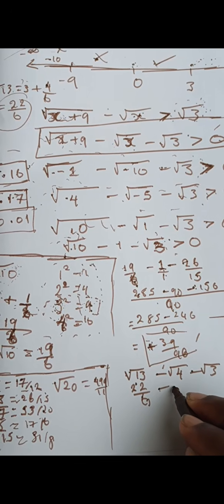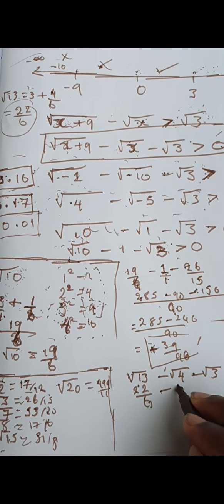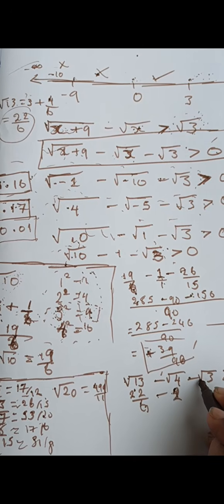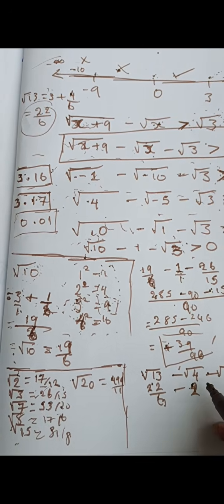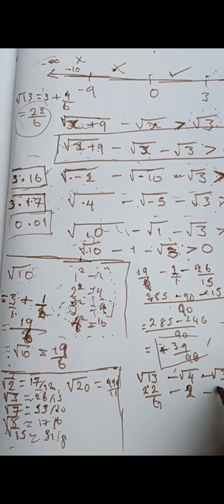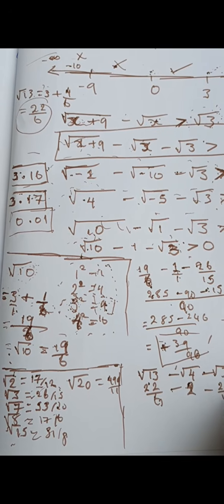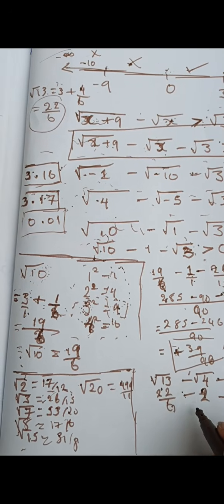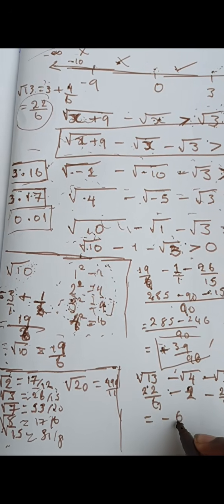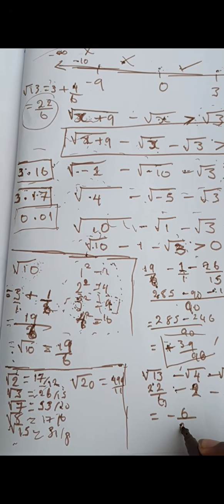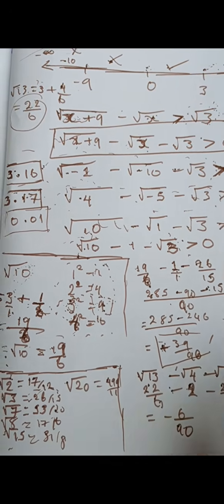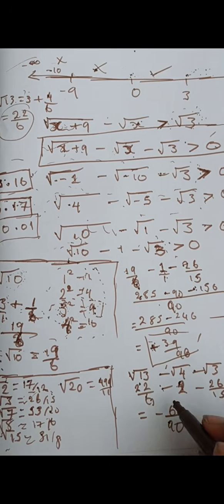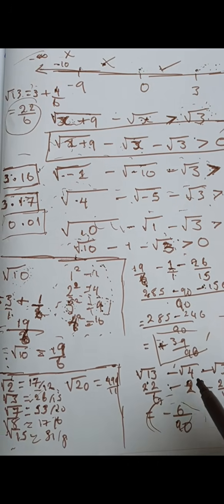22 over 6 minus square root of 4, it is simply 4. No, it is 2. Square root of 3, the one I told you to memorize, it is negative 26 over 15. So make this a single fraction like we did, which I'm sure everybody knows, and it's going to give you a negative value, right? Negative 6 over 90. But maybe I've made a miscalculation here, but the value you are going to get should be a negative, which is correct. So for the fact that the value we've gotten is a negative,